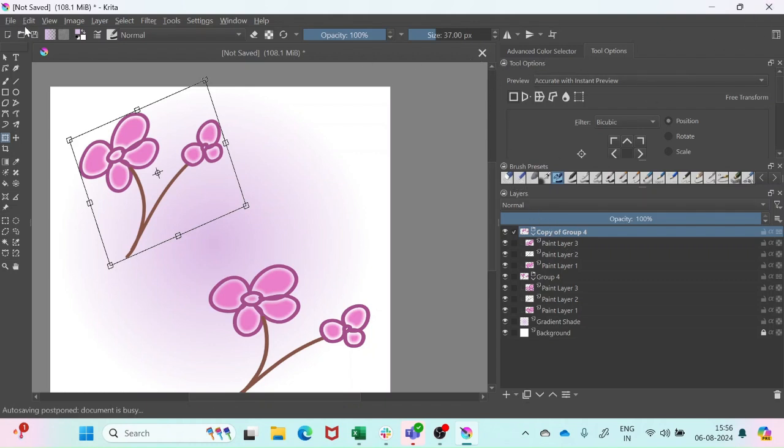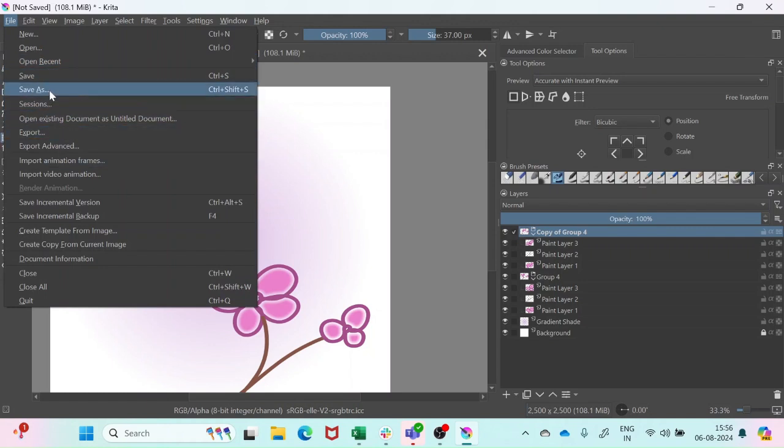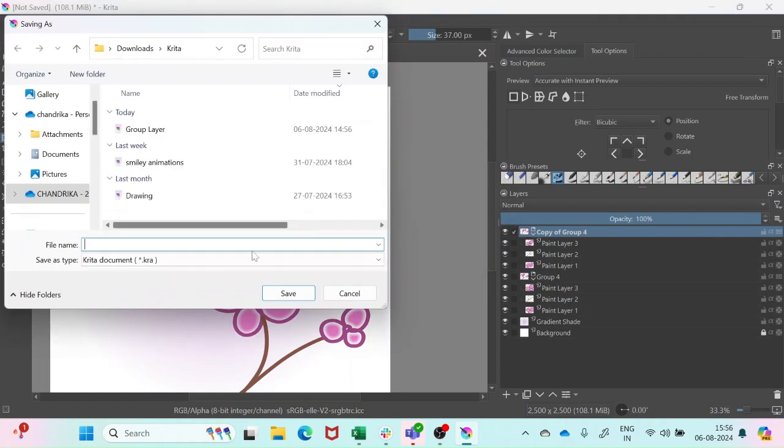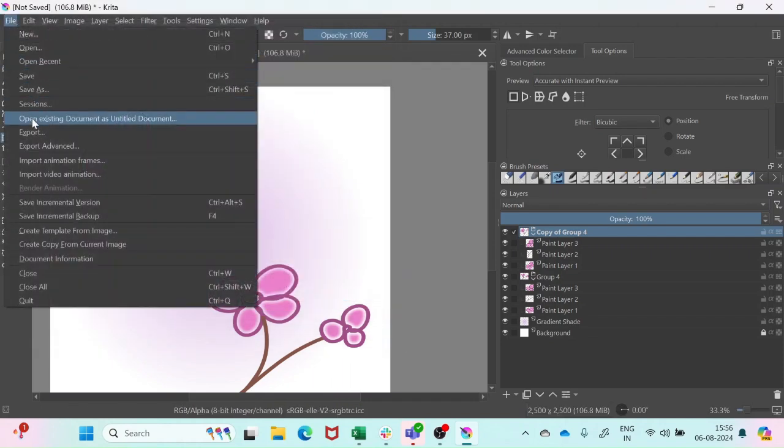Now save the file as a KRA file. Definitely keep it as a KRA file. And when you want to save it as an image file, go to the